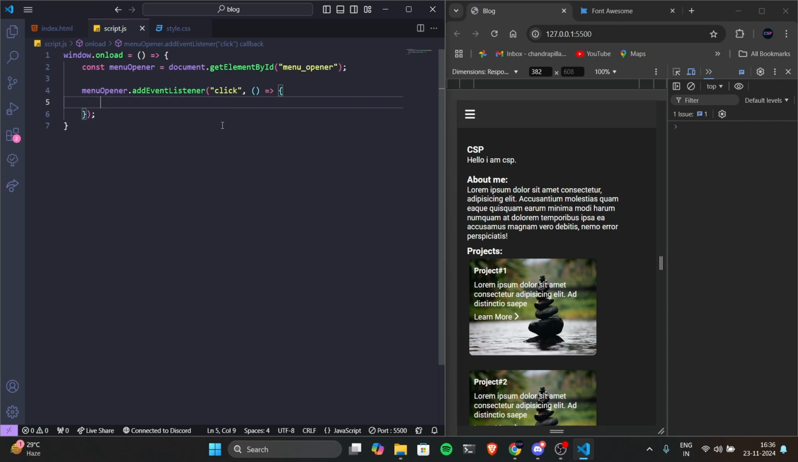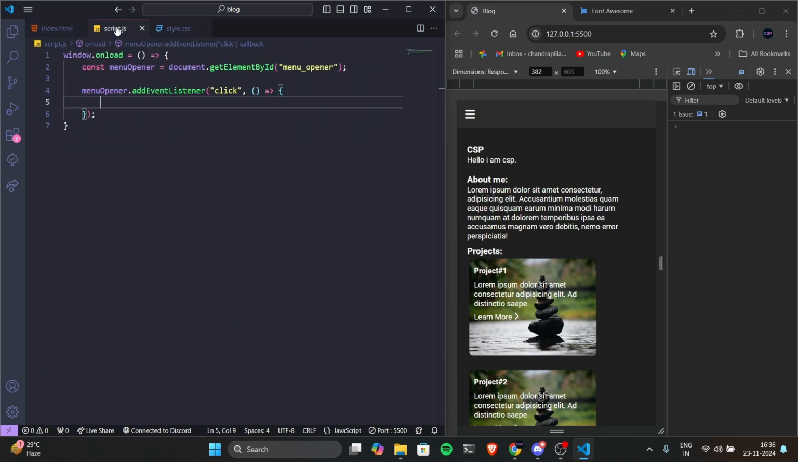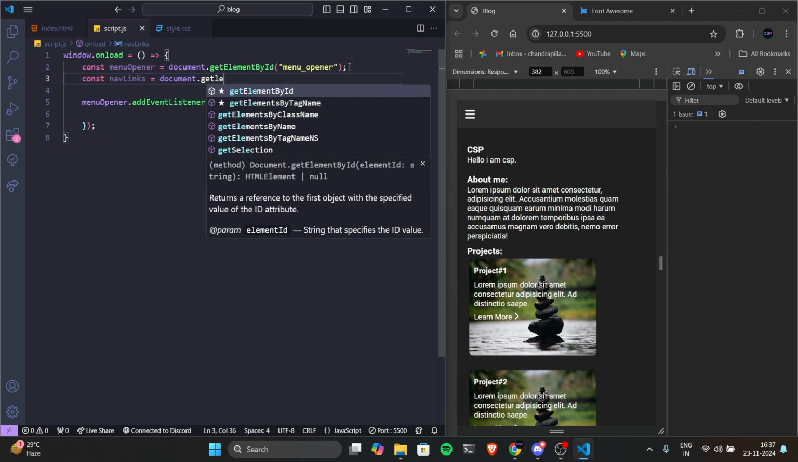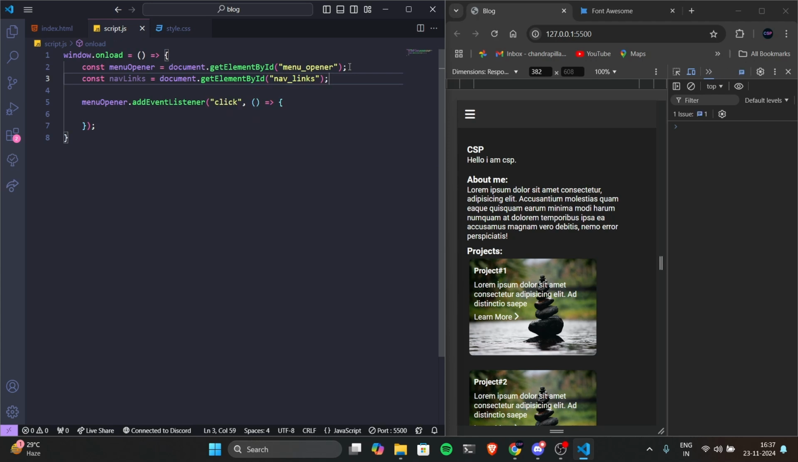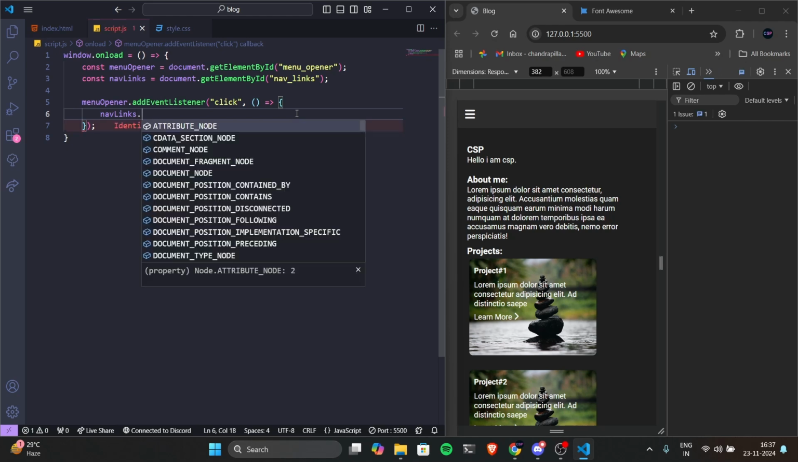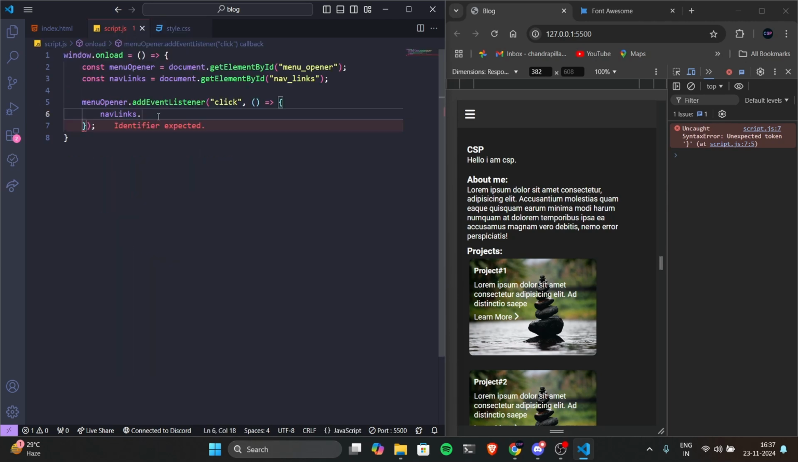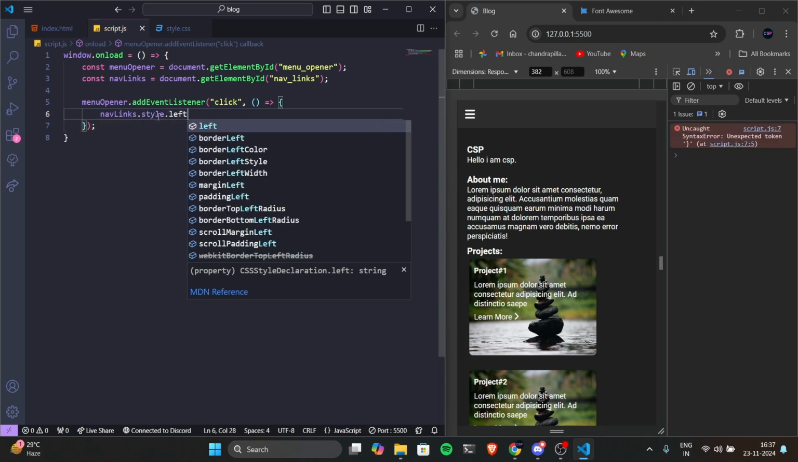Now what I'm going to do is set the left property of nav links. So I will also initialize the nav links with document.getElementById nav_links. Now nav links dot style dot, we are going to change the left property. So left is equal to